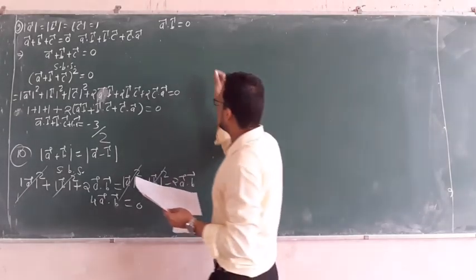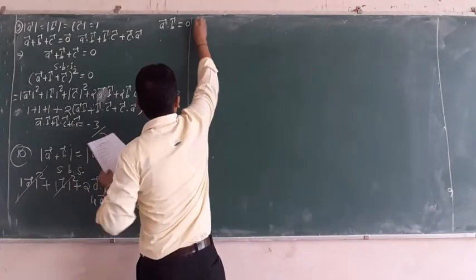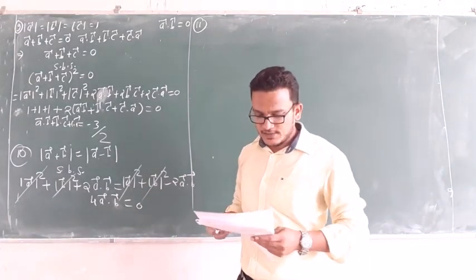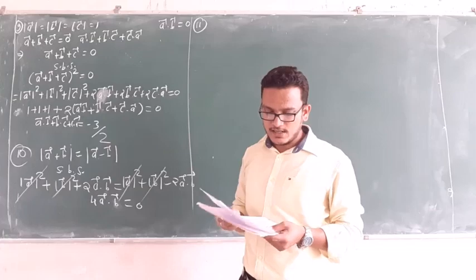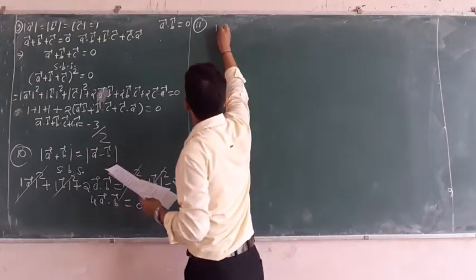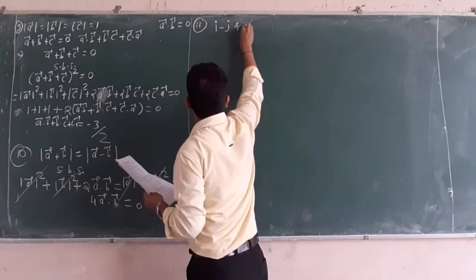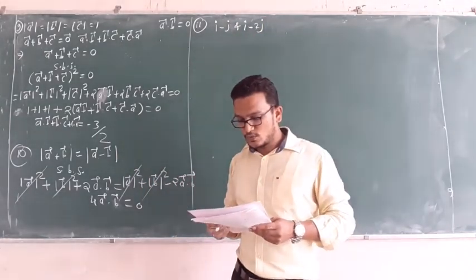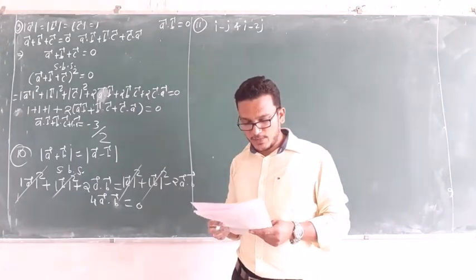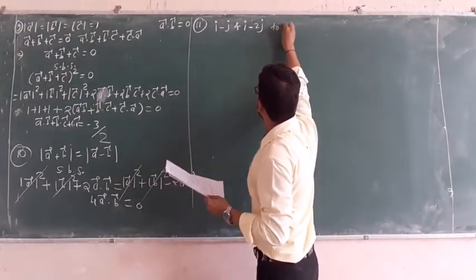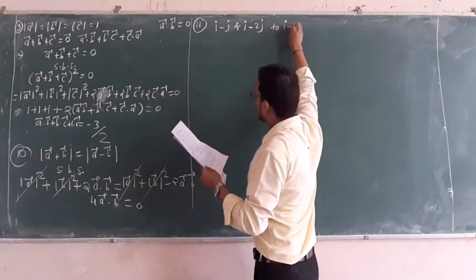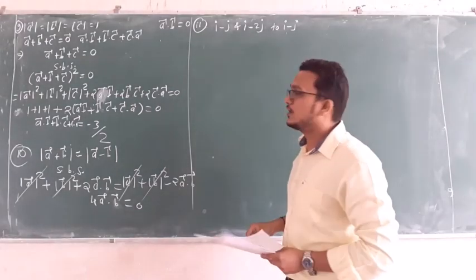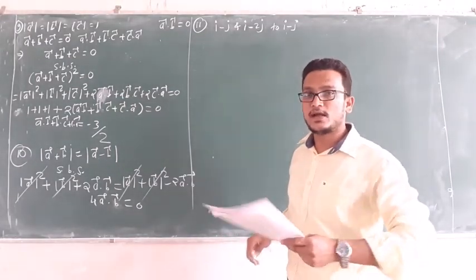Okay, question number 11. This is a little bit complicated question. Given two vectors i minus j and i minus 2j, the unit vector coplanar with the two given vectors and perpendicular to i minus j is... Okay. So in this particular problem, actually they have used the word coplanar, and here given three vectors.